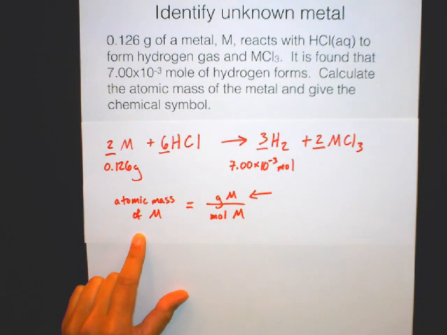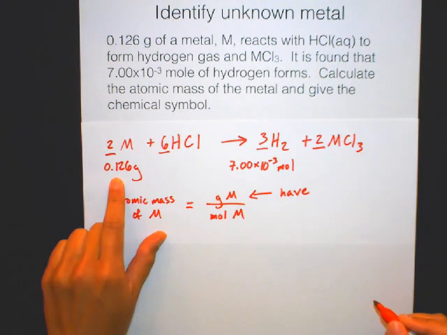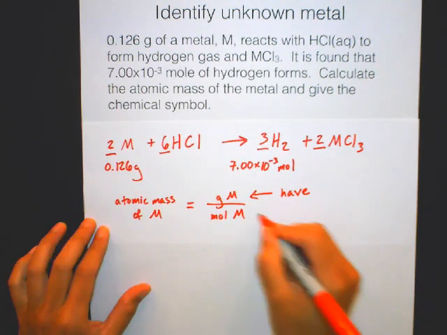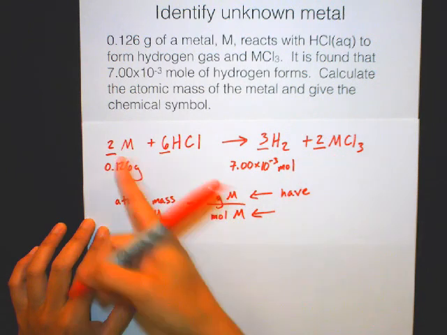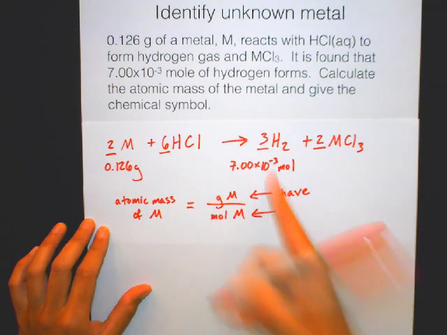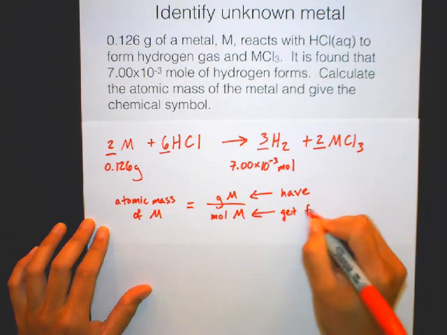So the setup of this problem comes from your understanding of the units of atomic mass. Okay, so grams of M, do we have that? Yes. We do have that. So we have that one already. It's right there, 0.126. Moles of M, do we have that? No. But what do we have? Balanced equation and stuff we can do. Right, we have a balanced chemical equation and we have the moles of hydrogen. So we can get this